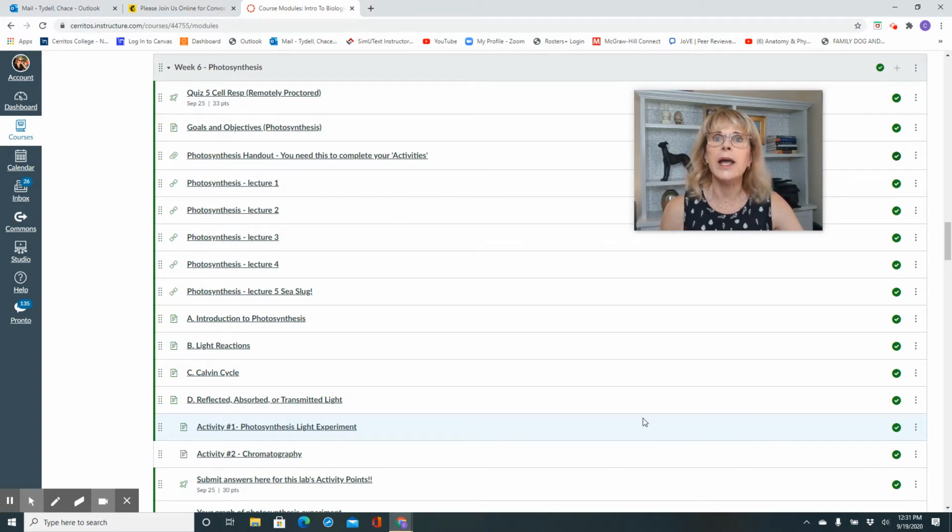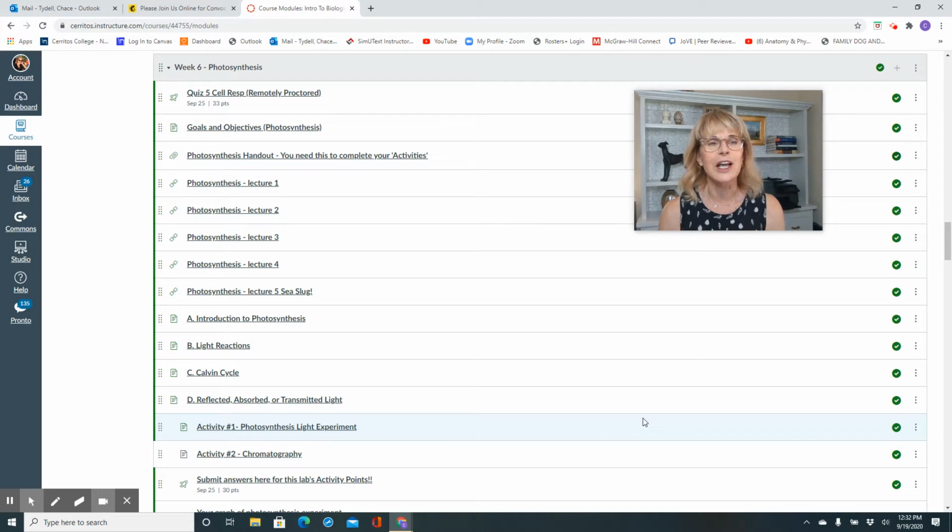We are now in week 6, and we're going to be studying the processes of photosynthesis. Just like cellular respiration was a whole bunch of biochemical reactions that happen in an organelle, photosynthesis is a bunch of biochemical reactions that happen in an organelle. Cellular respiration, the mitochondria; photosynthesis, the chloroplast. You will hear in my lecture that they are almost like mirror images of each other. So as you master one, it makes it easier to master the other because they use